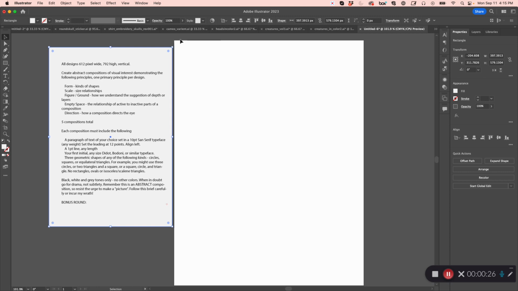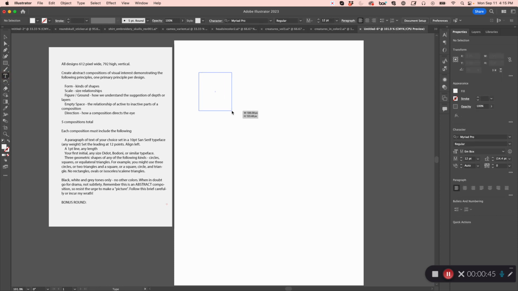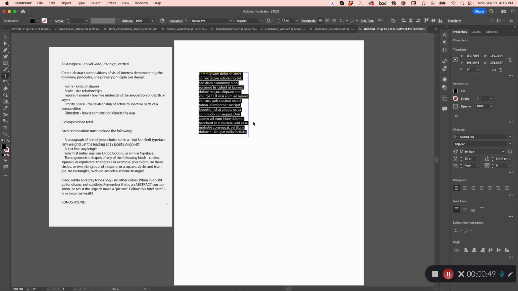And then you're going to make 5 compositions of each of these 5 different concepts. So each composition must include the following: a paragraph of text of your choice set in 10-point sans serif typeface. So I'm going to take the text tool and I'm going to draw a text box. And when I draw a text box, you're going to see it automatically fills with dummy text. And I'm going to